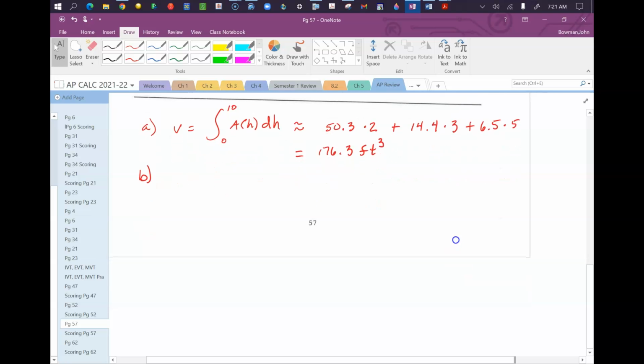So if you imagine a decreasing function, here's a of h, and here's h, and here's this decreasing function, and we are using left Riemann sums to estimate the area between the curve and the x-axis over that interval. You can see the area of the rectangles totals up to more than the area of the curve. So the answer would be an overestimate